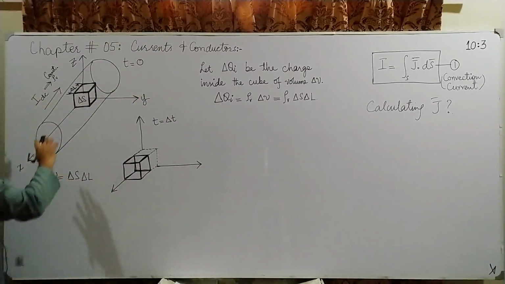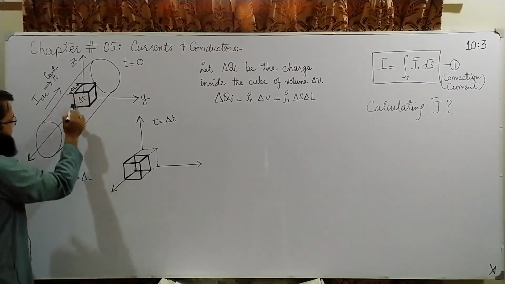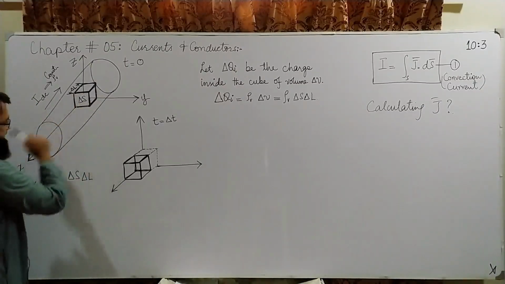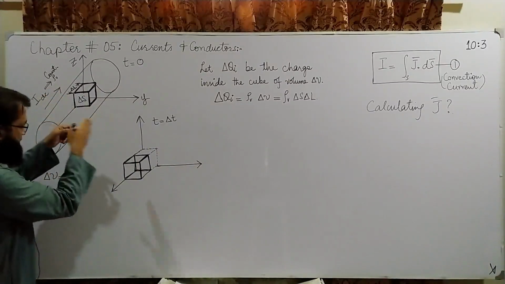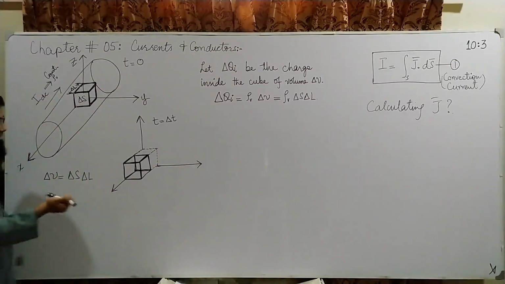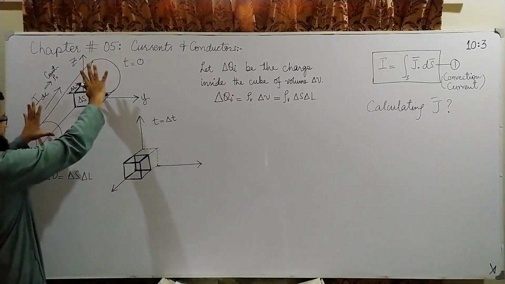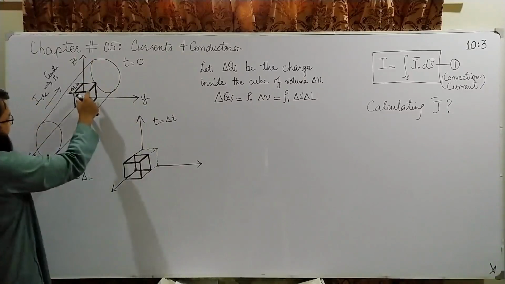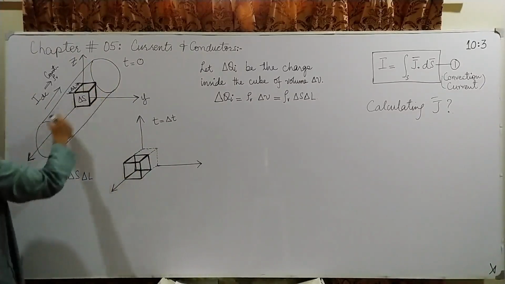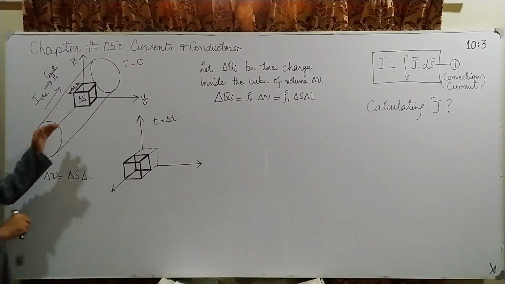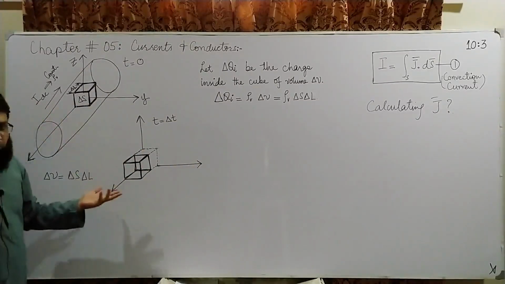To analyze the amount of charge which has moved through any reference surface, given by delta S, within this time, I can either stand here and observe how much charge has moved through the front surface, or the other method is to stop the whole situation, take a snapshot, pause it, and move this box with the same velocity with which the charges would have moved. Either stop the charges and move the box at the speed at which the charges were moving, or keep the box still and let the charges move. Both have the same meaning.